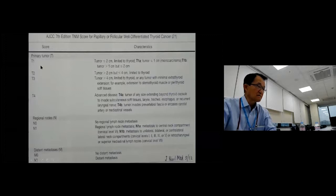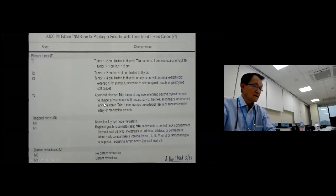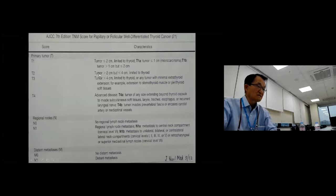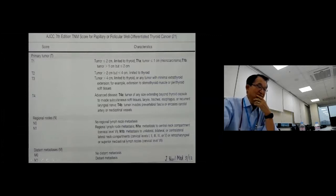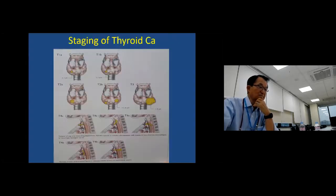And that's stage 1, and 2 to 4, greater than 4 is T3, stage 3, and the lymph node, distant metastasis. So this kind of TNM classification is not that really important in thyroid cancer. And the diagram here also shows the TNM classification, and the